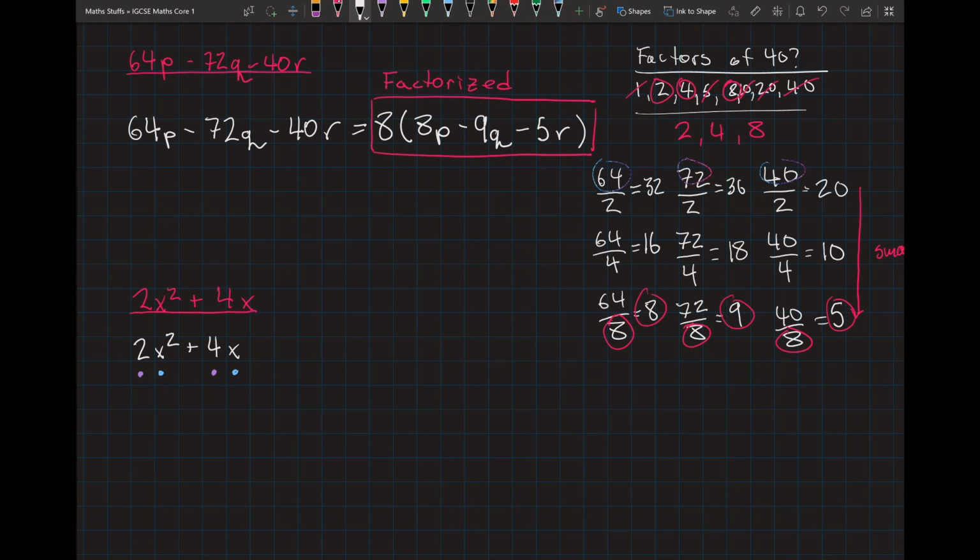So I'm looking at this. I've got 2 and 4, so I'm thinking, all right, I'm going to need to pull a 2 out at least, because if I divide 2 by 2, that gives me 1. Divide 4 by 2, that gives me 2. And then I'm like, okay, these two variables are the same. I've got an x squared and an x. That means I can pull out an x also. So let's pull out an x. So now we've got 2x,